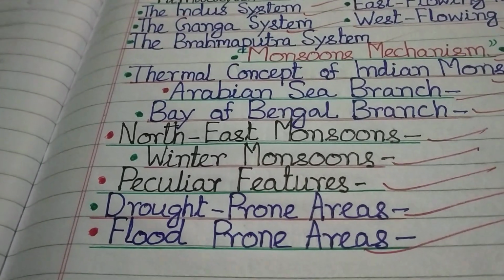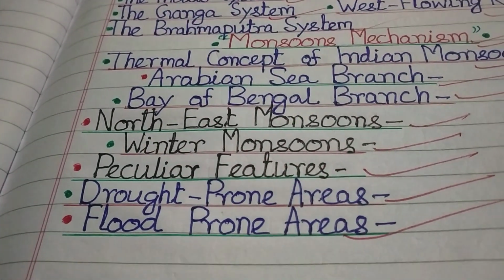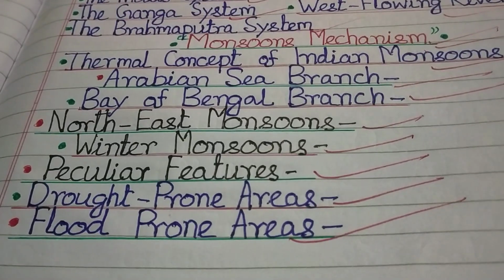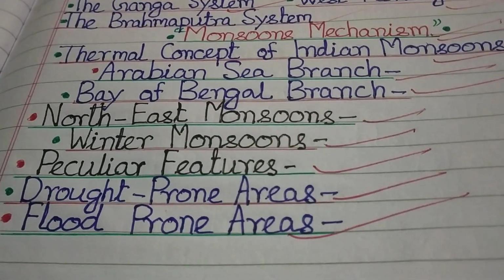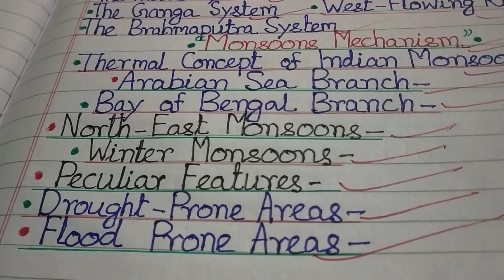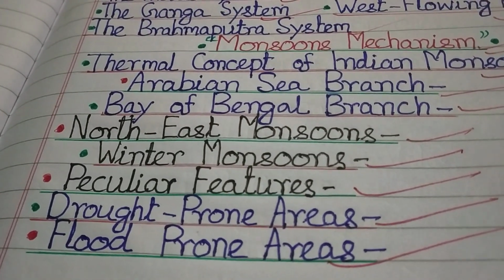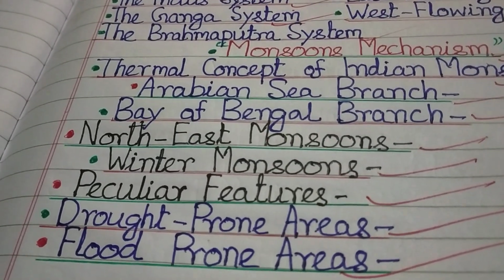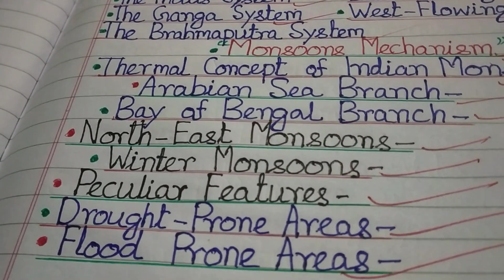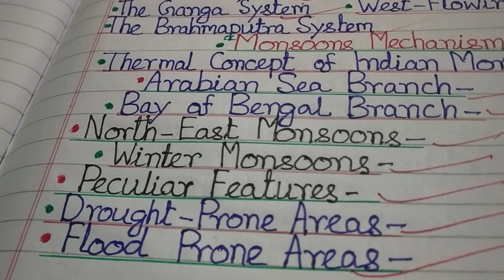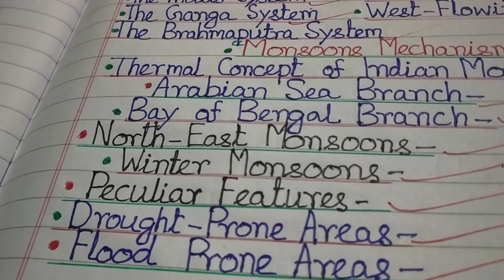So, after completing the thermal concept of the Indian monsoon, we'll go to the Arabian Sea branch. This branch of the southwest monsoon strikes the highlands of the Western Ghats at almost right angles. The windward slopes of the Western Ghats receive heavy